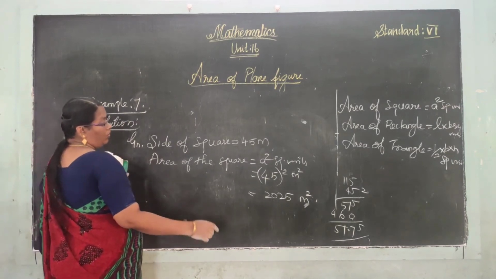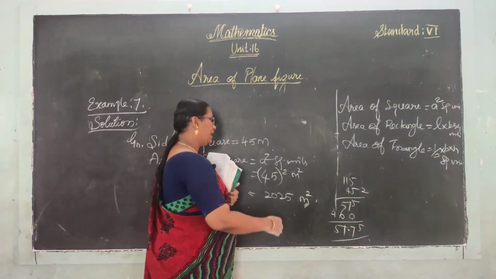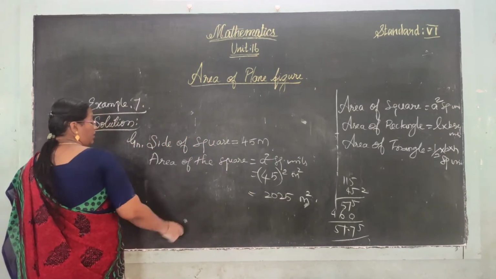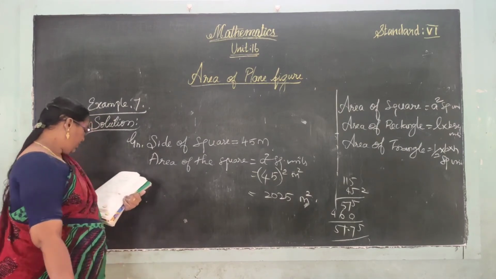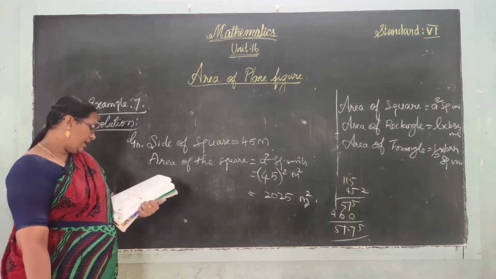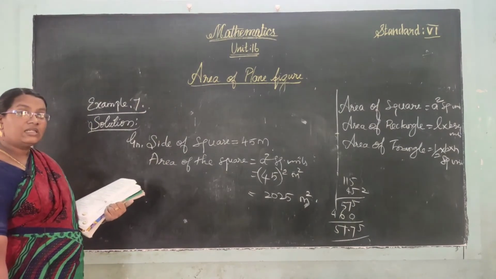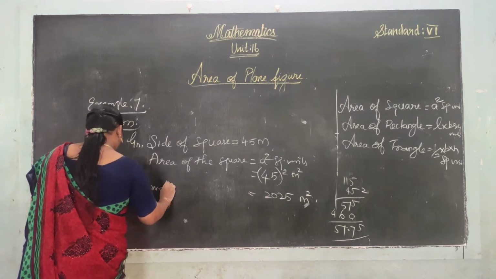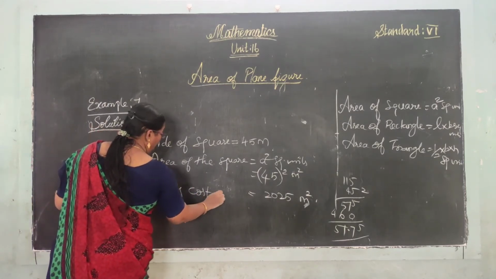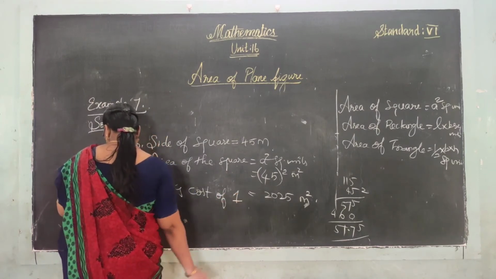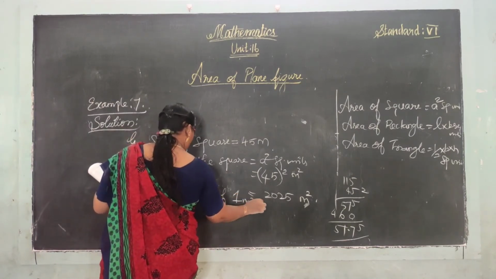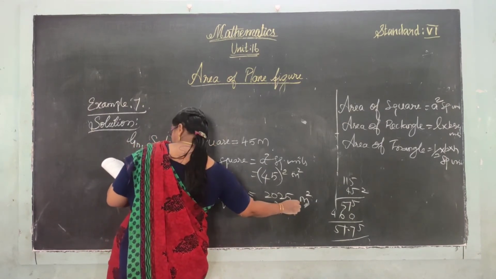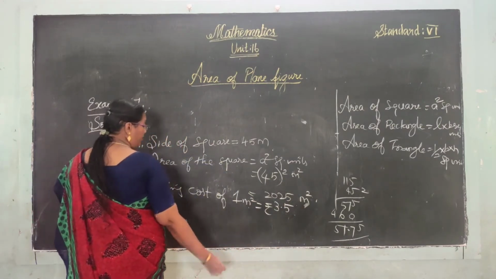Okay, if you want to do the calculation, you will write it in the rough work area. Okay, right. And next we have to calculate the cost of leveling. So the rate is rupees 3 rupees 50 paise. Okay, so leveling cost of 1 meter square is given, is it? 1 meter square is equal to rupees 3 rupees 50 paise. Okay, 0.5 means 50 paise.